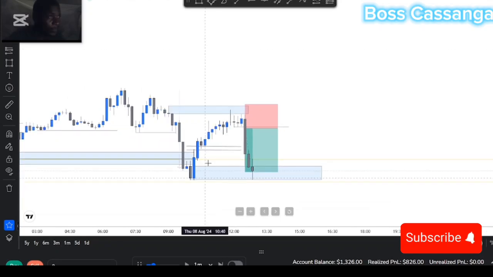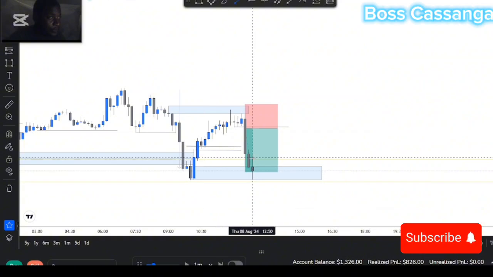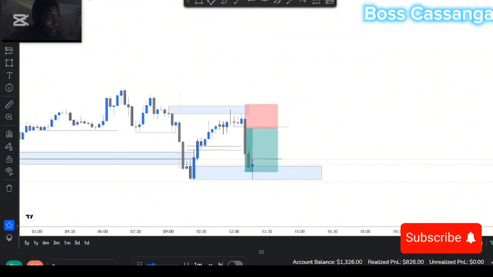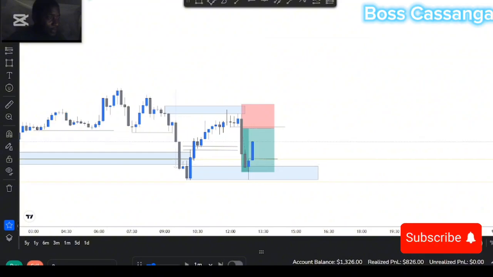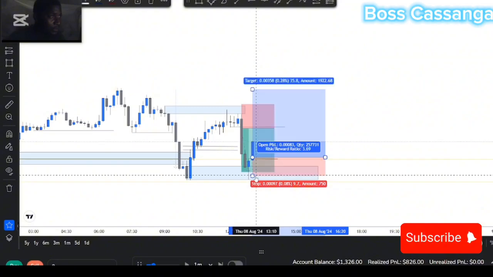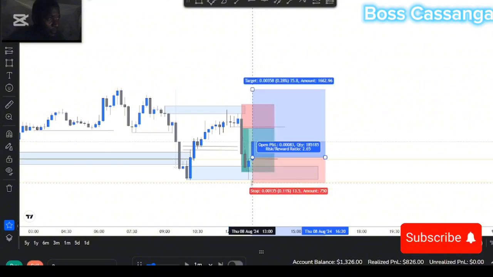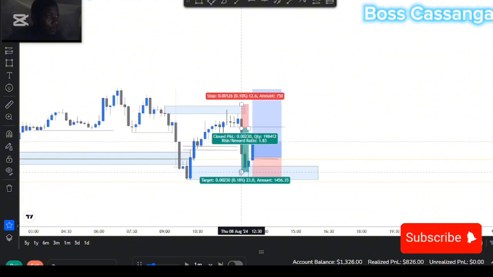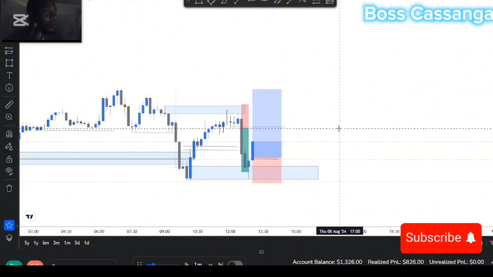Now we're in the demand zone. If it breaks this high, I'll take a trade, and my stop loss could have been very big. But let's see what happened next. Okay, there could be a trend, that could be my entry, another entry here, and just take it to this zone. My stop loss could have been very big, so I would have just adjusted my lot size and placed a small lot size. Okay, so just this win got us back all our 2 losses.